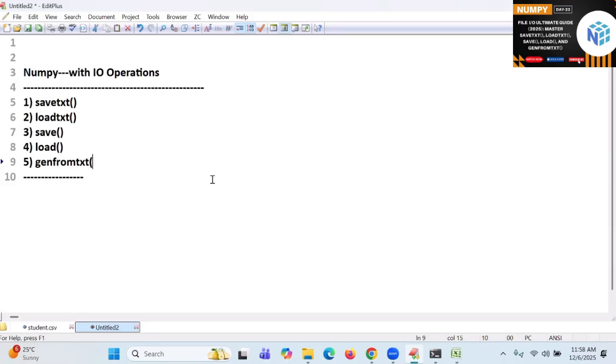So if I forget the arguments: file path, delimiter, dtype, skip underscore header, skip underscore footer, comma, names is equal to true to avoid the header names. Better to avoid the header names because an ND array doesn't require header names.